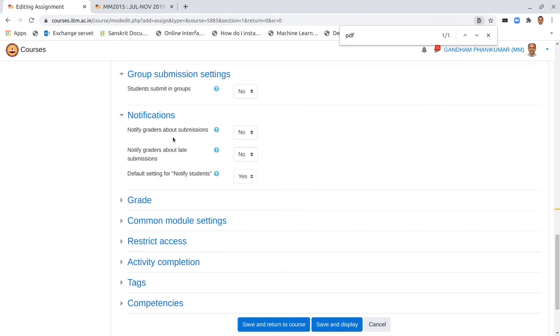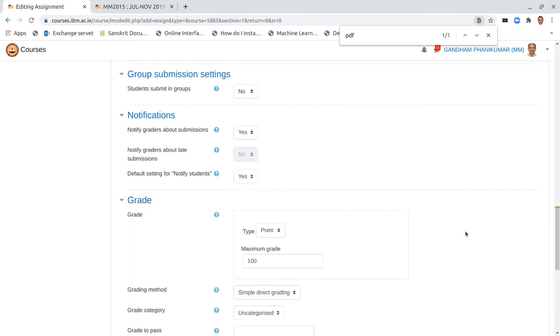So once the submissions are made, those who are allowed to grade those, can they be informed about it? It's a good idea, because then you'll start getting emails saying that so and so has submitted, so you can go and grade it. And what about the notify students? This is a setting you could see from here, that while grading they would be informed about that process.